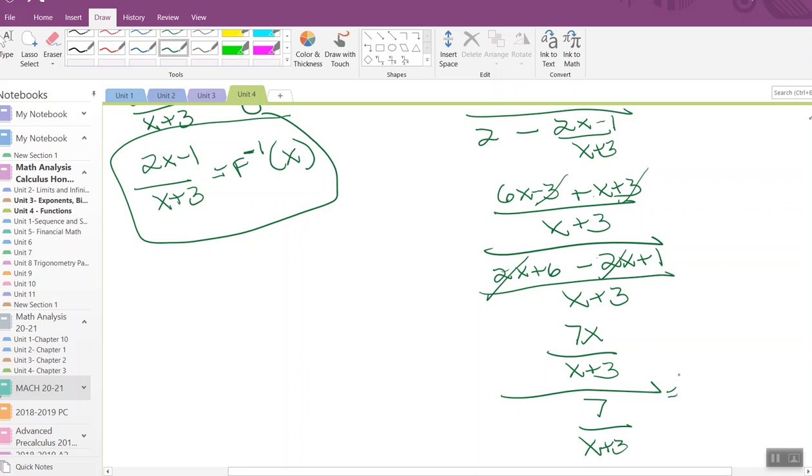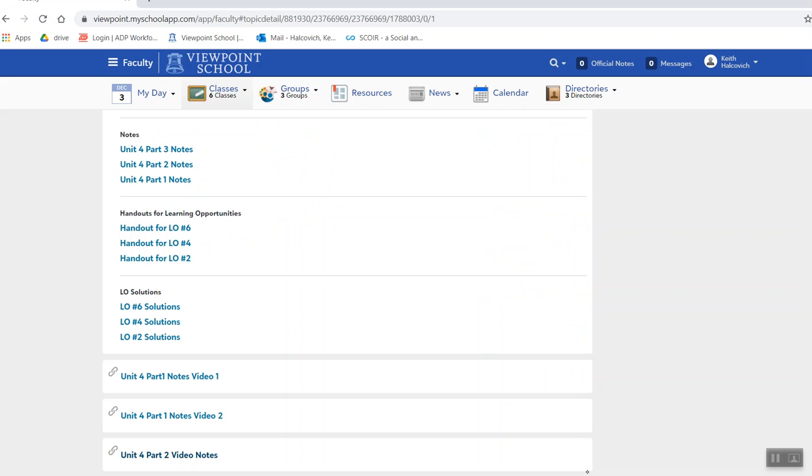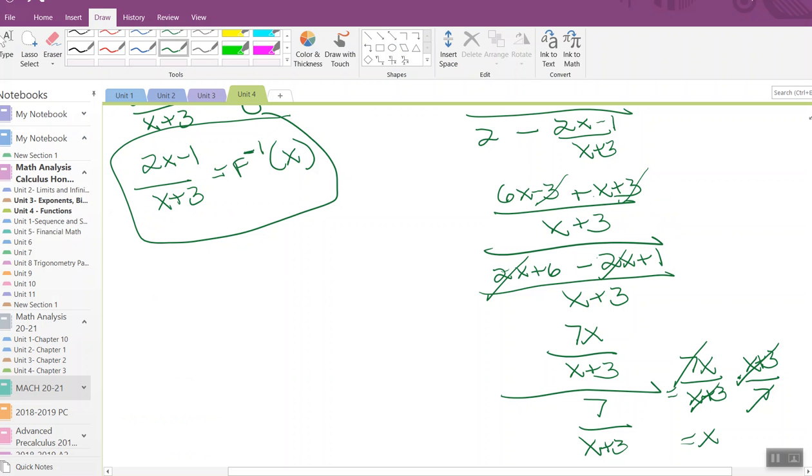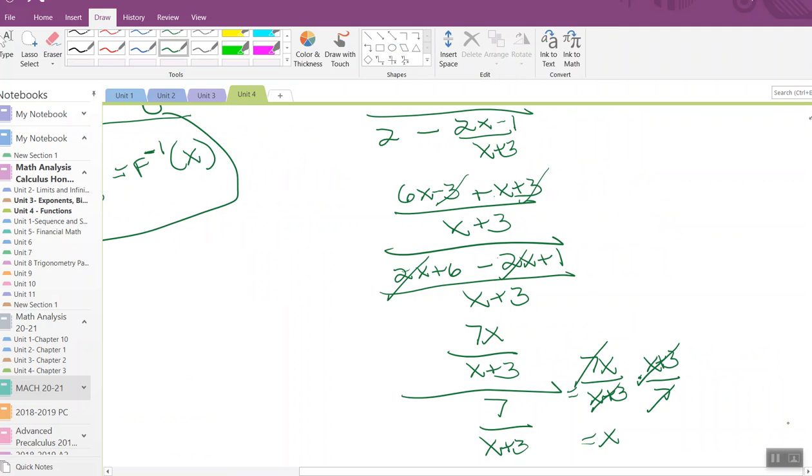So basically when you divide, you multiply by the reciprocal. So notice the x plus 3's cancel and the 7's do, and you're just equal to x. Sorry. So now we've got to do the other way,